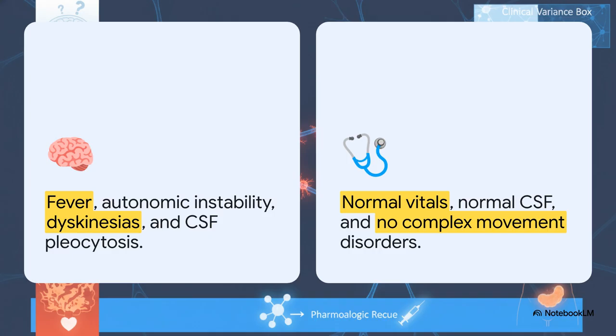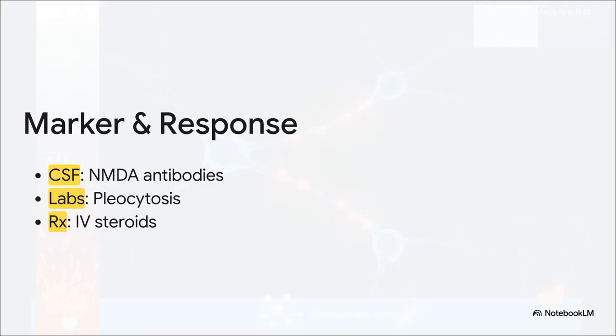Autoimmune encephalitis, on the other hand, comes with that autonomic instability, the classic orofacial dyskinesias we just talked about, and clear abnormalities in the CSF. The rule here is absolute. Any first-break psychosis in a young female that's preceded by a fever strictly mandates an exhaustive organic and autoimmune workup. No exceptions. All right, once you spot this pattern, you have to lock in the diagnosis and stabilize the patient